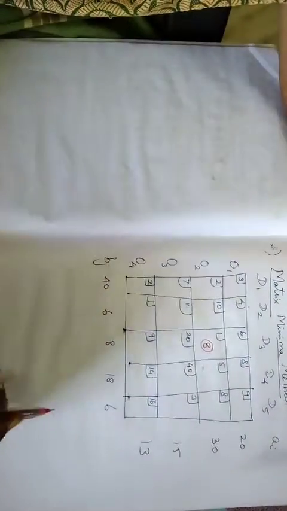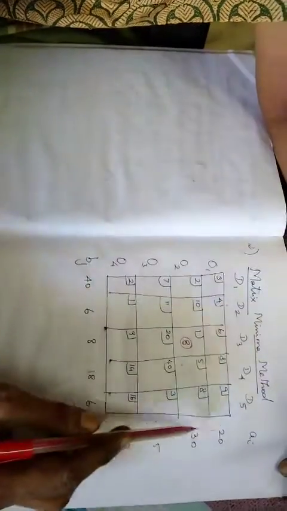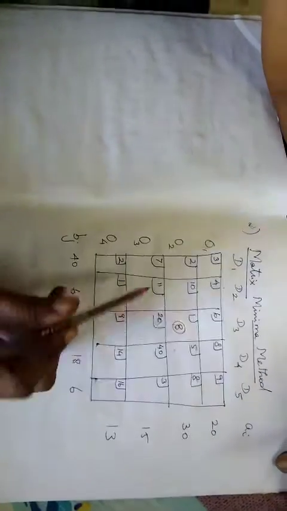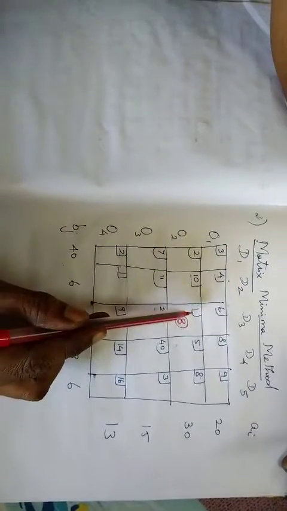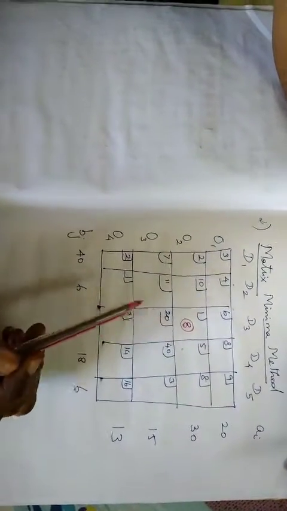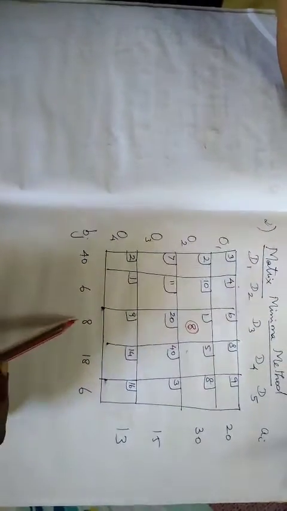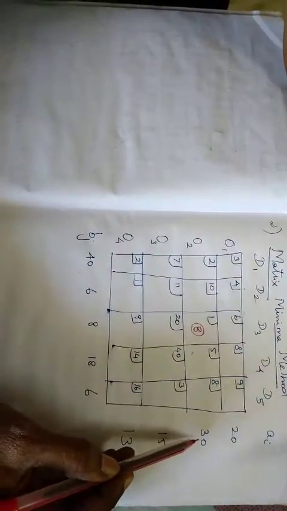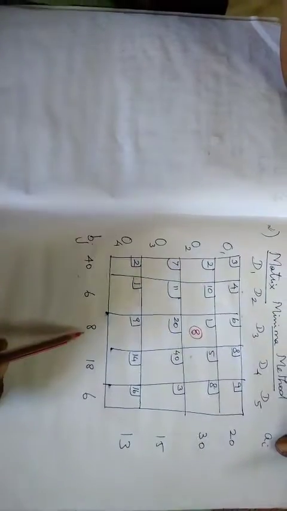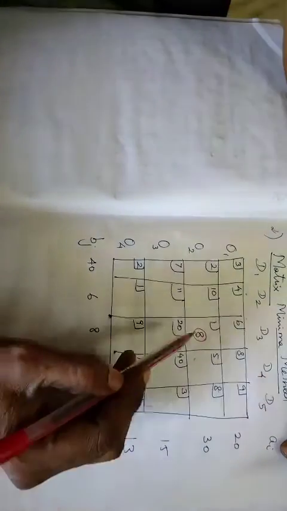We are going to do the matrix minima method. Considering the transportation table, you find the minimum cost. The minimum cost 1 occurs in 2 cells. You select any one of the cells. We are selecting the cell 2, 3. There we can put the value minimum of Ai and the corresponding Bj, that is 8 and 30, which is 8.